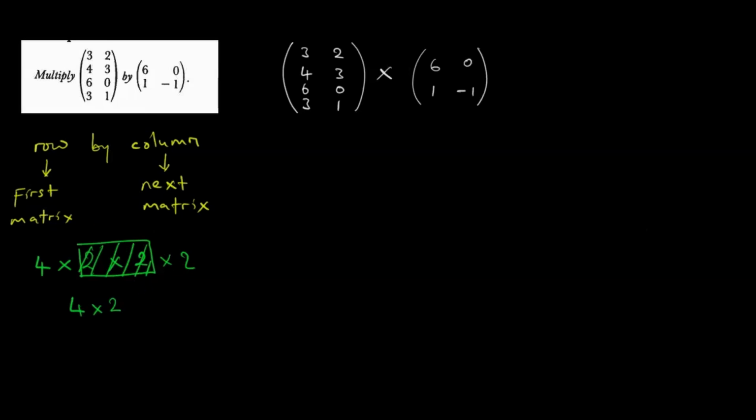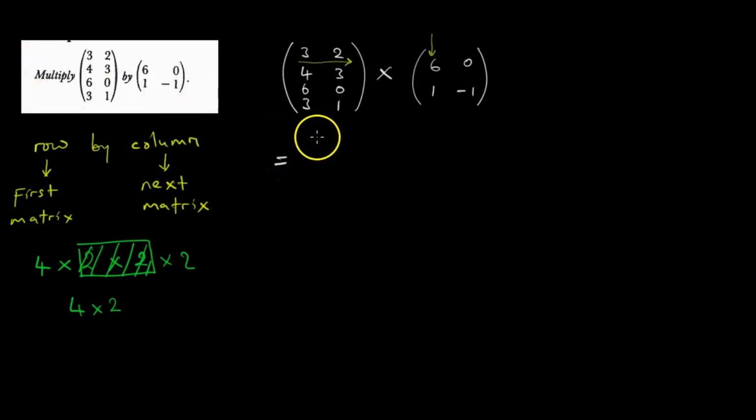But tiri papo, patati we take a row from the first matrix, multiply it by a column from the next matrix. What is happening is we take a row panap. Like that. That's a row. We multiply it by a column. Then what we get here is going to be our answer.